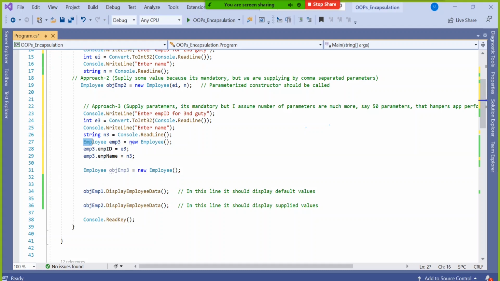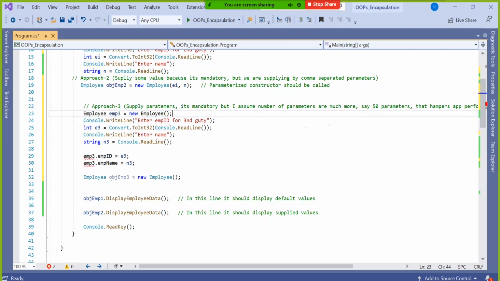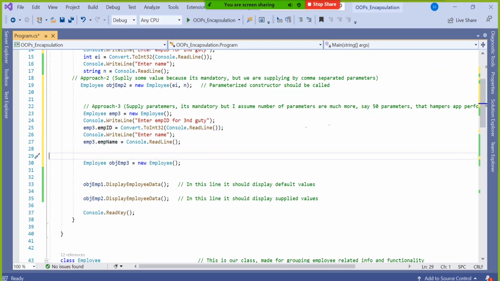Or what you do, you create the object here, and directly write this line here itself, instead of taking two more extra variables, because we have to practice all good practices. Why two unnecessary extra variables? That is also a waste of memory. So here I did it like this.